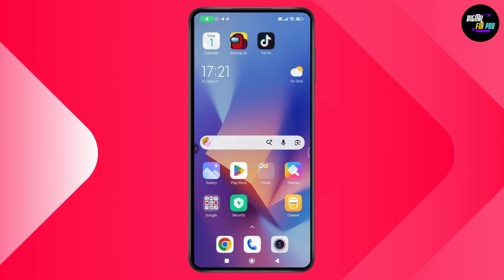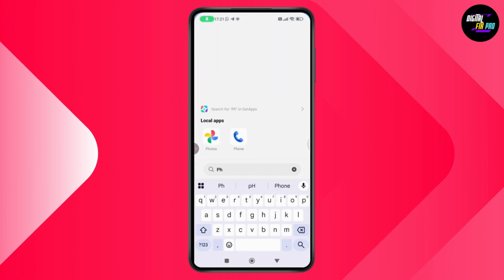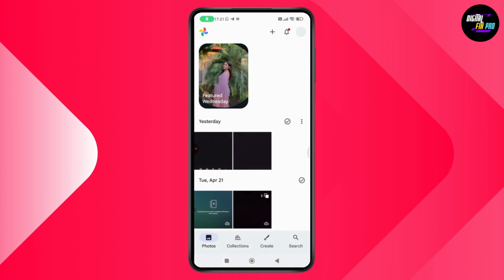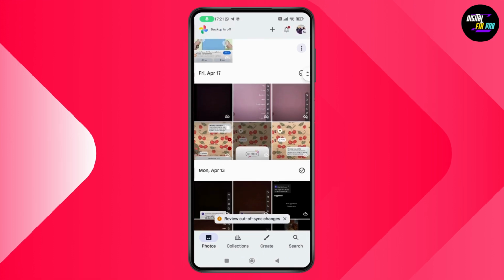But if you don't have your deleted item or your deleted video right here, then what you need to do is go with the second step, which is you need to open up your Google Photos. If you've turned on your backup on your Google Photos, then it will be saved to your Google Photos as well. So you need to scroll down and here you will find the video that you have deleted